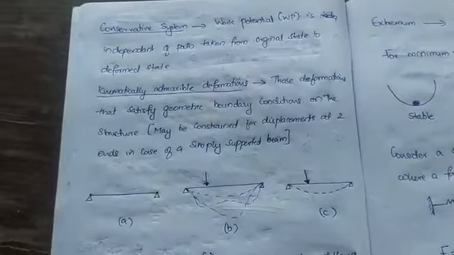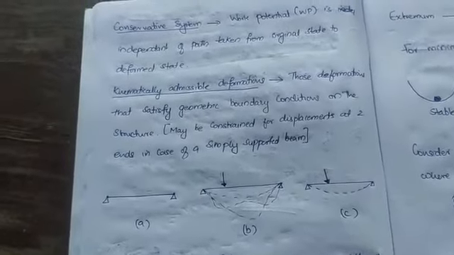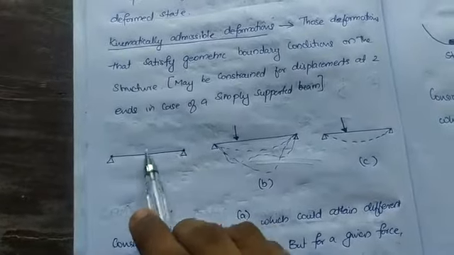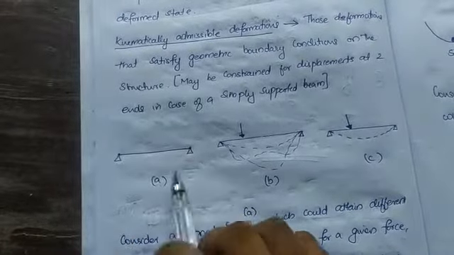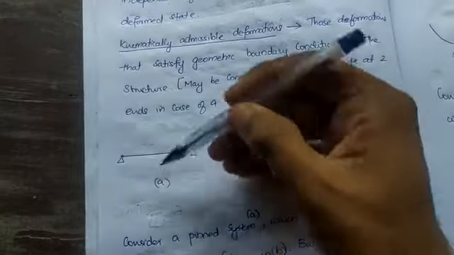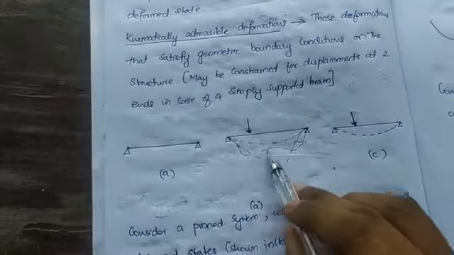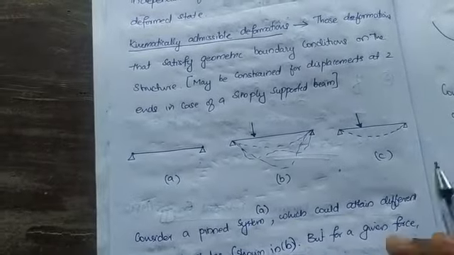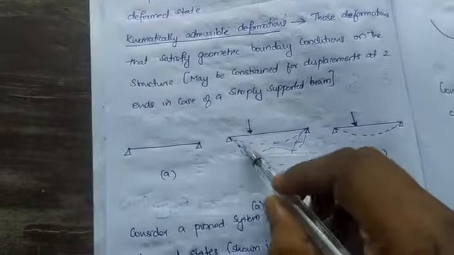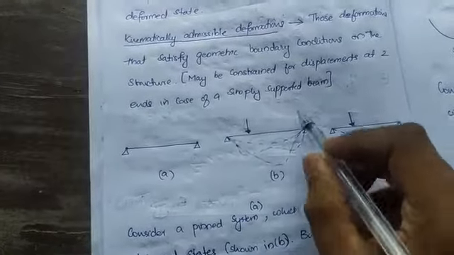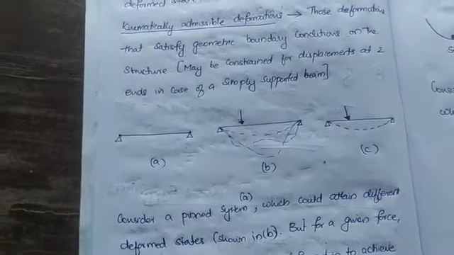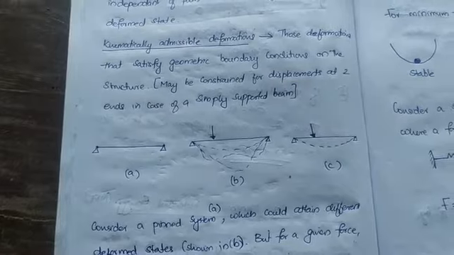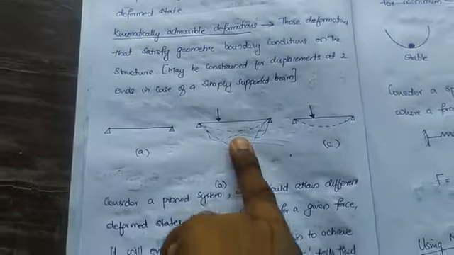This theorem is very simple. I'll tell you that. Consider you have a system, a beam which is pinned. Now if you apply a load, there are many chances of it deforming according to the material and according to the loading type. This can be deformed in many shapes, right? According to the material, as well as the type and point of application, the load can deform the beam in many ways.